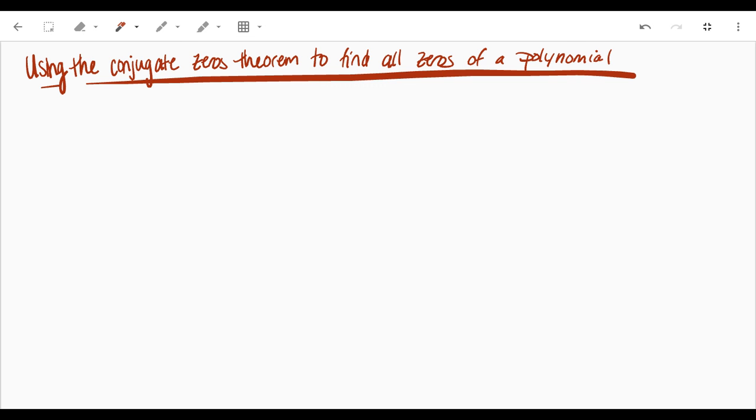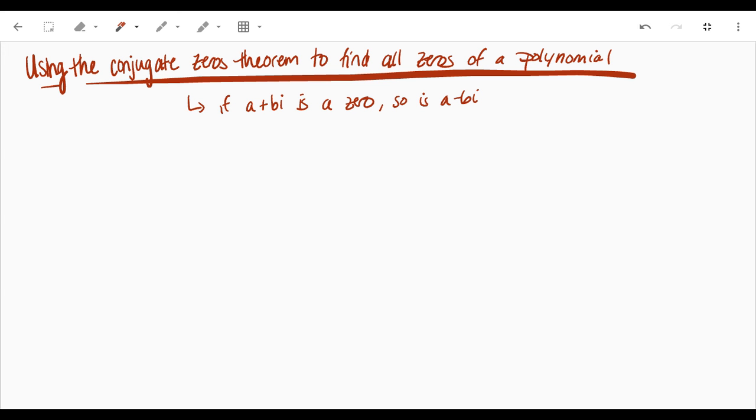All right, we're going to keep going with finding these zeros. I know it's getting a little exhausting here, but we have more zeros to find. All right, the next one, we're going to use the conjugate zeros theorem to find all the zeros of a polynomial. The conjugate zeros theorem says if a plus bi is a zero, so is a minus bi, which means if they give you one complex zero, you know another complex zero,